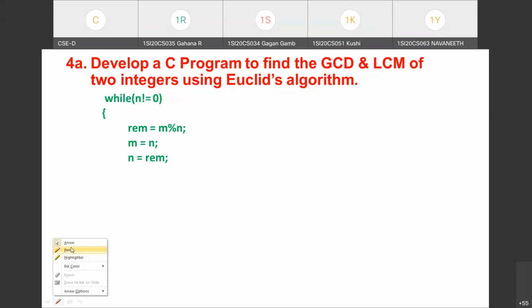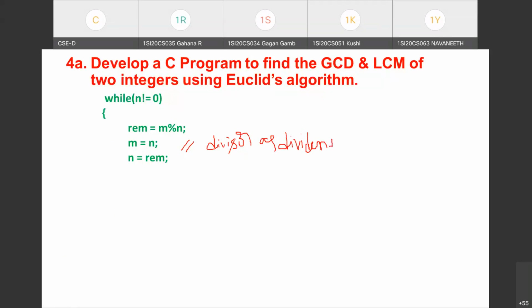Let me write a comment if you are not following. Here, after division, we need to make the divisor the dividend, as I showed in that example. Here m is the dividend and n is the divisor. After that, the remainder we need to make the divisor.